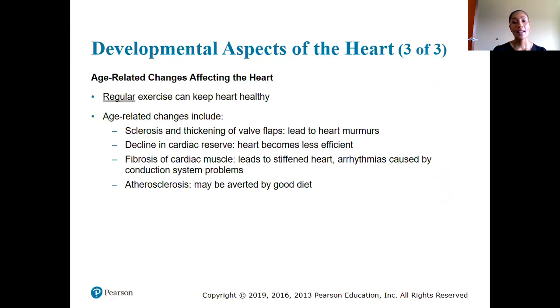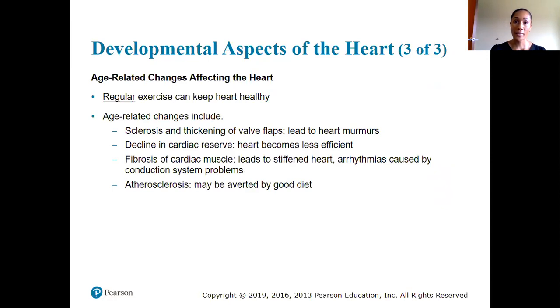We can have a decline in our cardiac reserve, so that means that the heart could become less efficient and not pump properly. We could have fibrosis of cardiac muscle cells that will lead to the stiffening of the heart. So this can cause arrhythmias because the heart's not able to contract as it should, and also not able to stimulate those action potentials as it should. And then